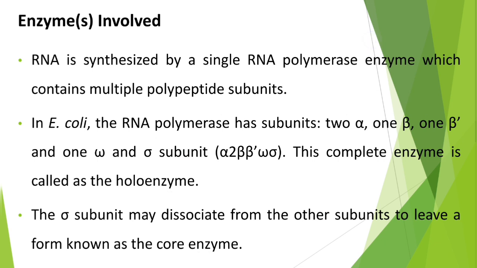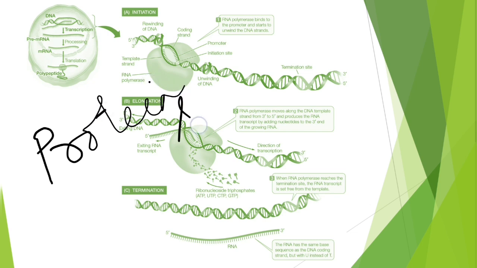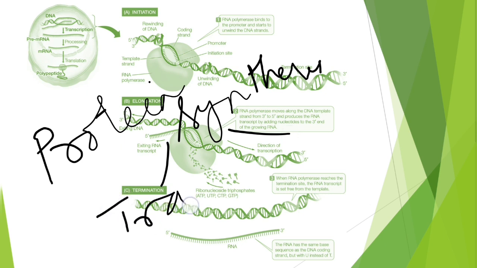Okay, next. So this is the diagrammatic representation of the whole steps of mRNA transcription, which is the first step of your protein synthesis. It consists of three steps: initiation, then elongation, then termination. Okay, so let me tell you one thing. Protein synthesis occurs in two steps. One is transcription,